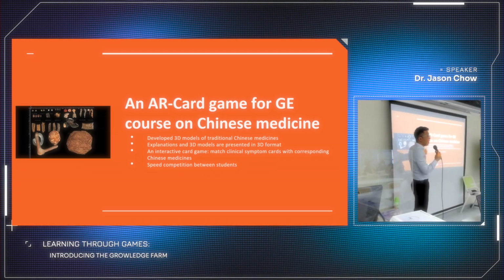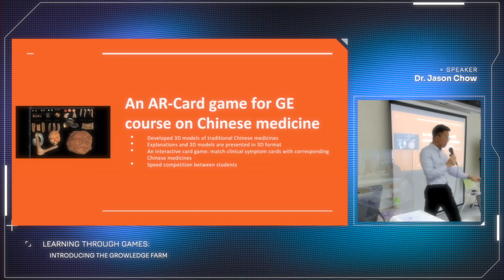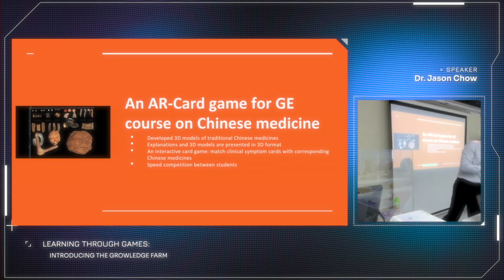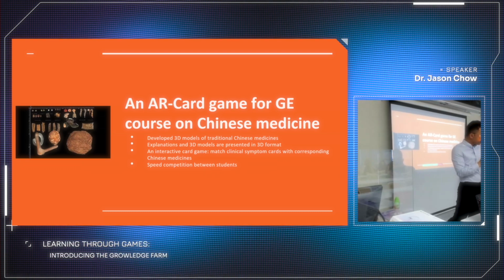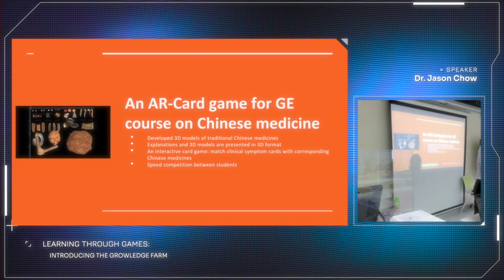We also created an interactive card game. The students' task is to match the clinical symptom cards with the corresponding Chinese medicine cards. You can see the card here. When you use the app to scan the card, you can see the 3D model. The students get a set of Chinese medicine cards and a set of symptom cards, and their task is to find the correct Chinese medicine to cure the symptoms.